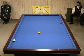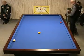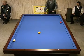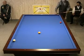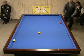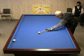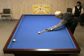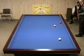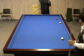He might be able to go off the red, go long, come back down behind the yellow to the close rail here, the short rail, and then back up into the yellow, or excuse me, into the white. Not easy. It's not a very easy position. Oh. Very good try. And it leaves